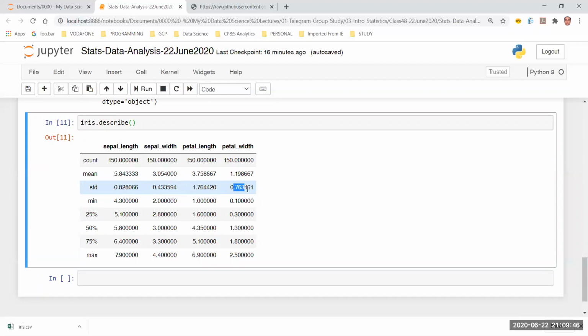Followed by petal width, followed by sepal length, followed by petal length at the end. Right, this gives you a very good idea. Why? Because if you are going to analyze this data tomorrow, or use it for machine learning or any kind of inferential statistics, then you can quite easily say that the data with the minimal standard deviation is going to be more helpful for me as opposed to any data with higher standard deviation.